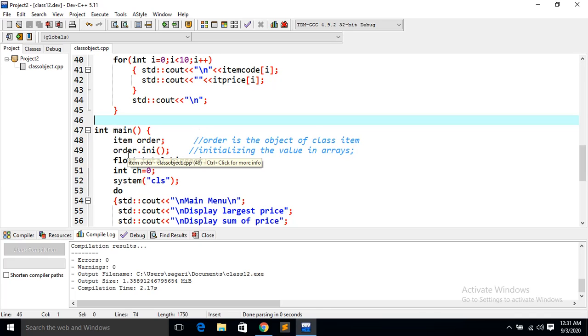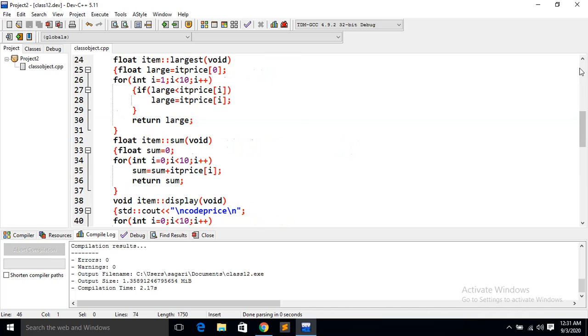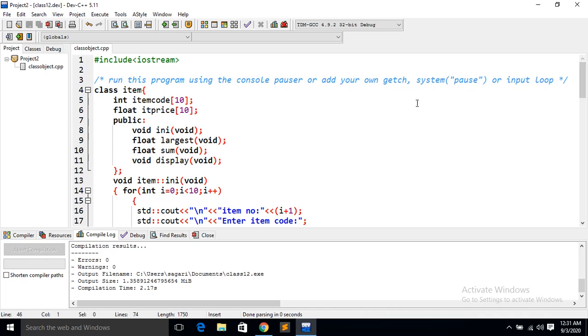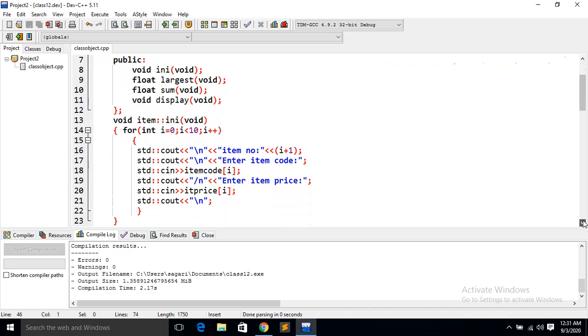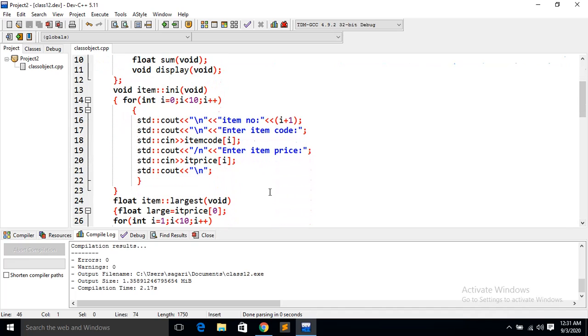Now with the help of the object order, I am calling the function initialization. Can you see here initialization? I want to show you where the initialization is being created. See, this is the initialization body part. So when we call it in the main program, it will execute this part.